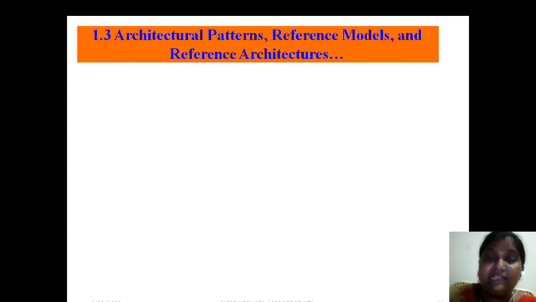Right? Third concept in our first part of first unit. These are all very small topics, a very easy subject I can say. We can prepare with self study also. As a part of the syllabus, we have to contribute for better improvement in the marks. Right. So in this, the author wants to distinguish between architecture patterns, reference model and reference architecture.